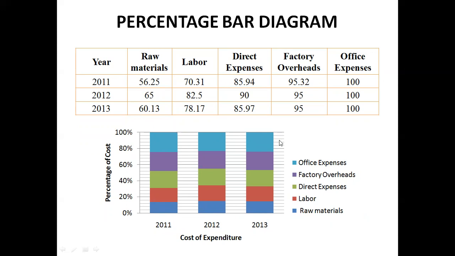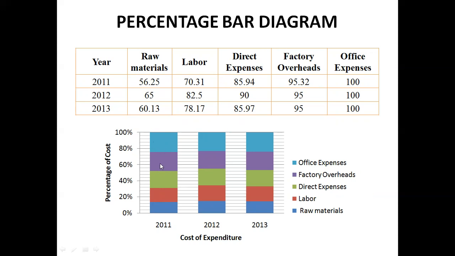So for raw material, there are 5 segments: raw material, labor, direct expenses, factory expenses and office expenses. So the 5 segments are shown for each year in this diagram. The length is the same, and the width is also the same. Therefore it is one dimensional, both are the same here. Because it is converted into percentage, 20, 40, 60, 80, 100, this is year wise. Office expense, see here, first one, raw material. Raw material is how much? 56.25, raw material. So it comes from this one, raw material.